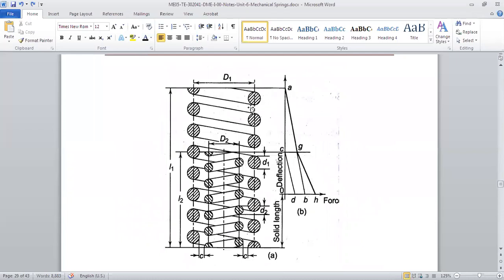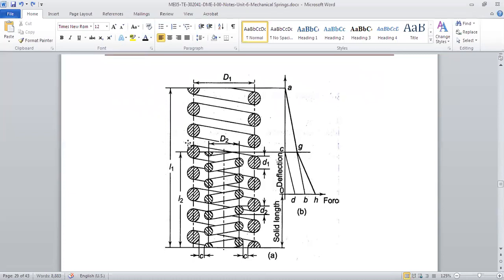So the outside spring length is more, L1 greater than L2. What happens in this case? When we apply force, the spring will start to deflect. The load will be taken only by the outside spring at first, until it is deflected by what distance? L1 minus L2, this distance between here and here. Until that deflection, it is taken only by the outside spring, right?